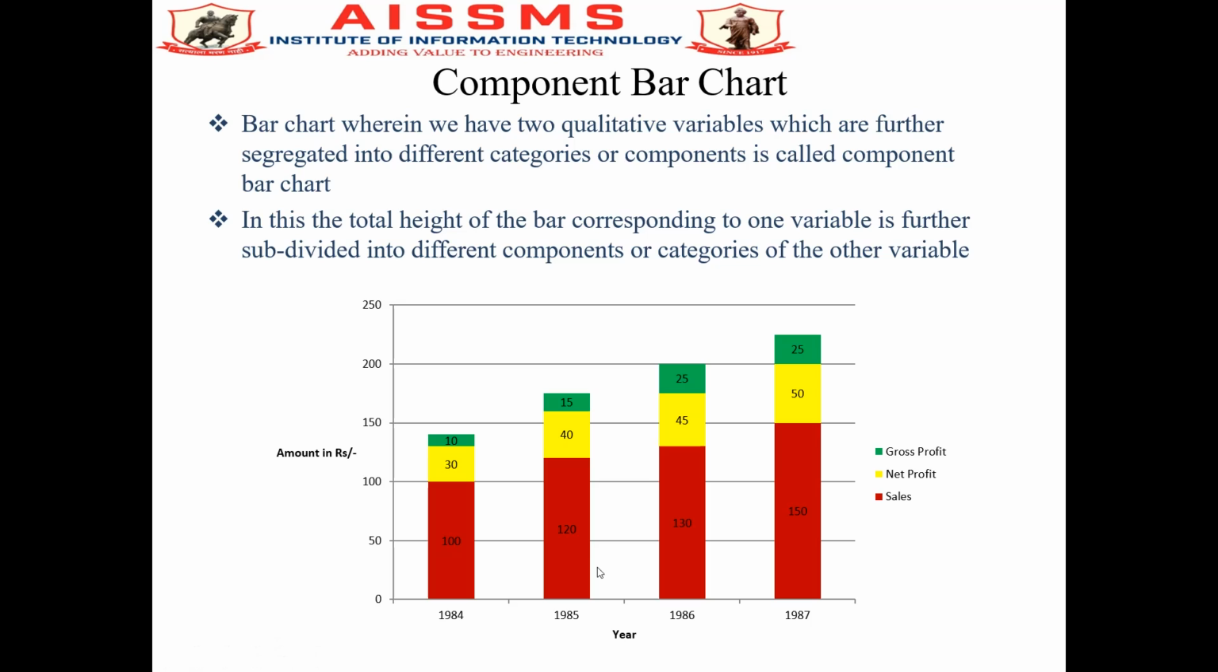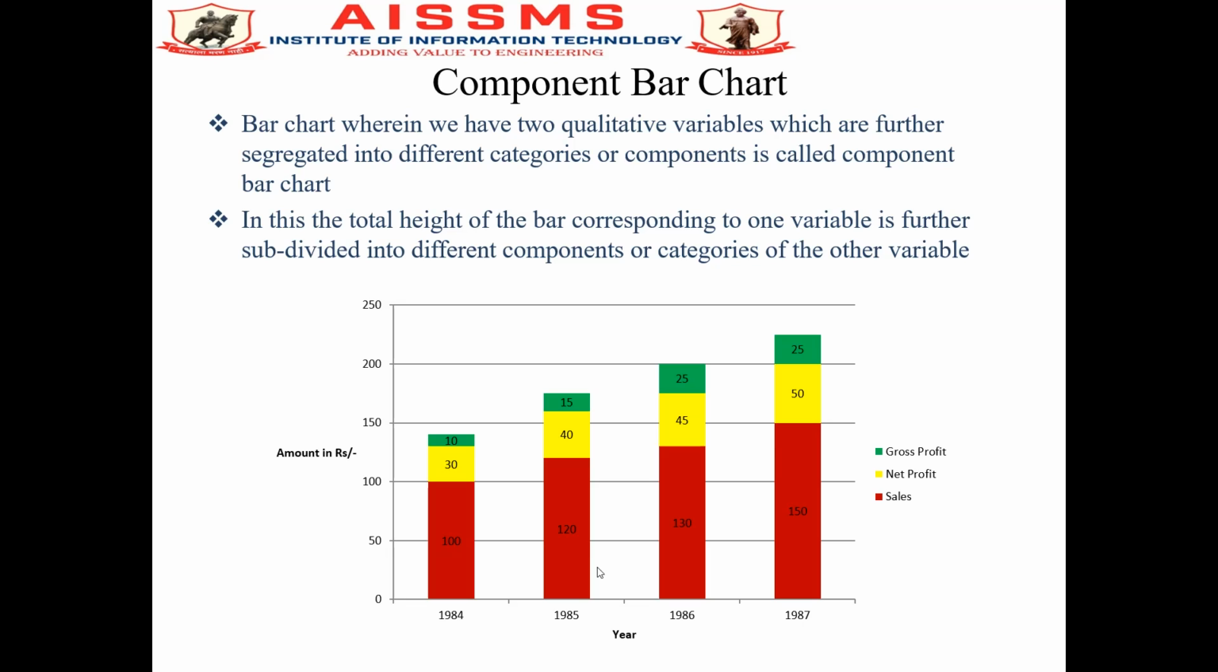Then this is the component bar graph, bar chart wherein we have two qualitative variables which are further segregated into different categories or components is called as the component bar chart. In this, the total height of the bar corresponding to one variable is further subdivided into different components or categories